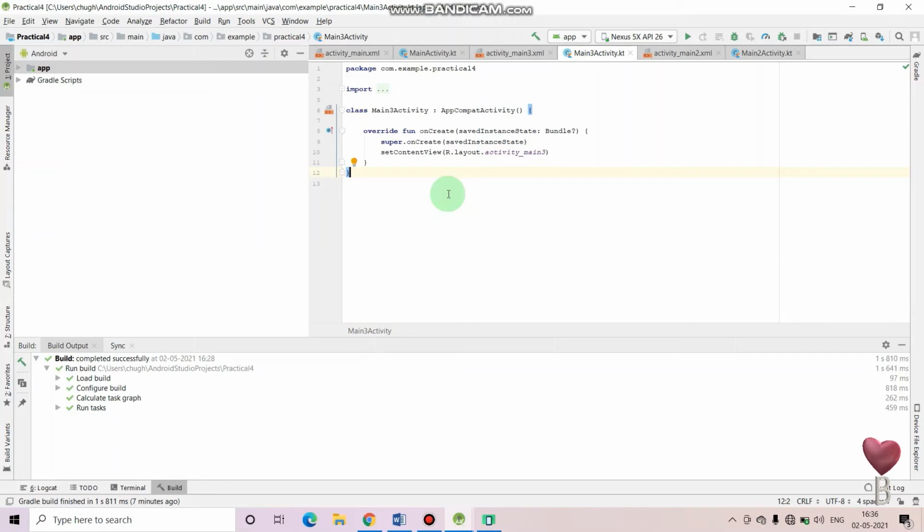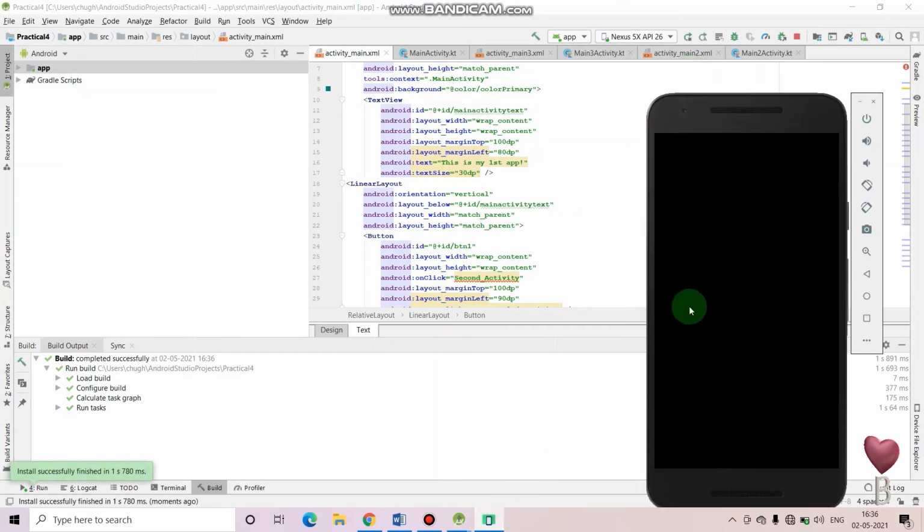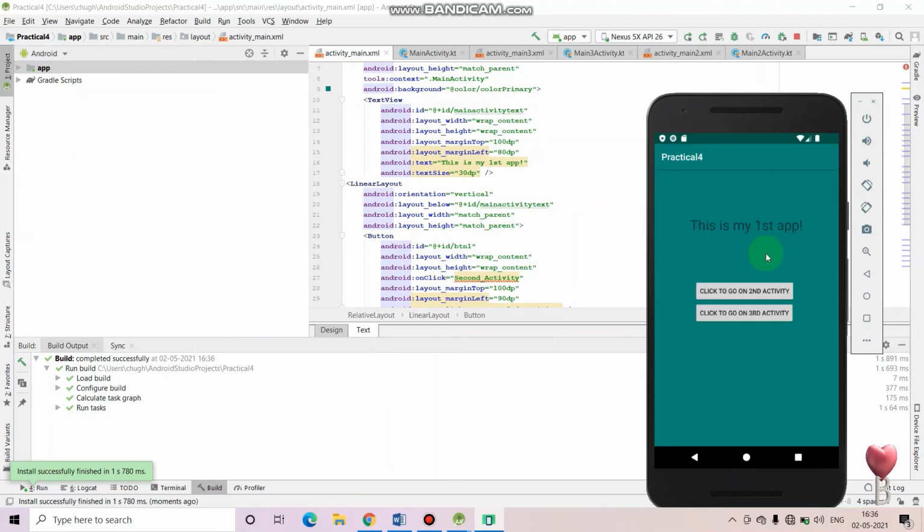Okay, so I hope you guys got this entire explanation, and let's run the application using the virtual device. Practical 4 is showing.